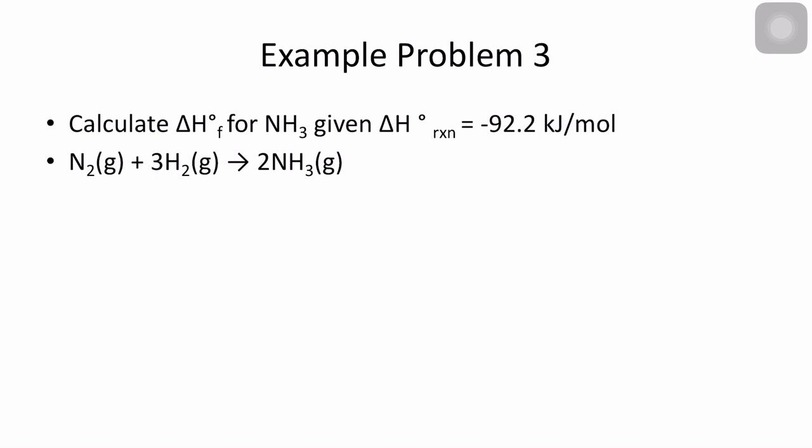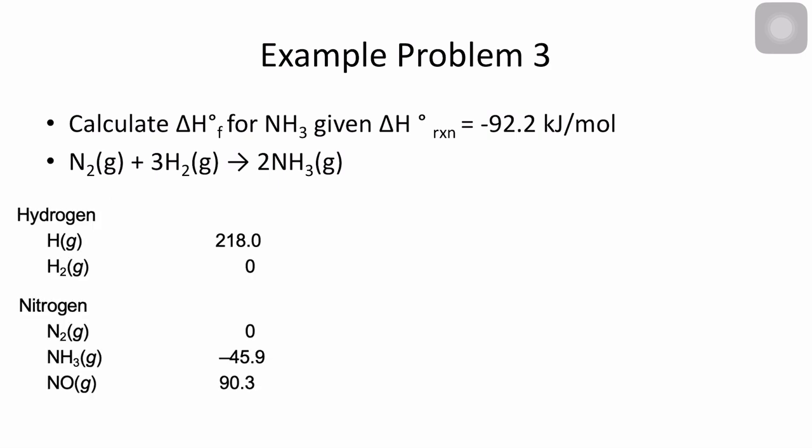Okay, so we would like to write down the standard heat of reaction, the enthalpy of the reaction. Then we have products minus reactants, so we have 2 moles. Sorry, let's get the standard heat of formation of the other two. So we have hydrogen is 0, nitrogen is also 0 because they are in their standard state, or in their natural state as a diatomic element.